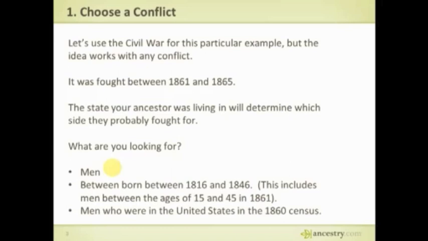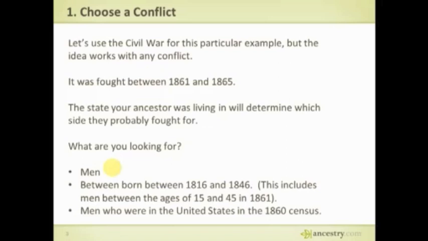So, first thing we're going to do, we're going to choose a conflict. I'm going to use the Civil War for this particular example. I've got tons of Civil War vets in my family, so it made it sort of easy for me. But the idea works with any conflict. It was fought between 1861 and 1865. Awesome. That way I know I can figure out how old people were and if they could have possibly served